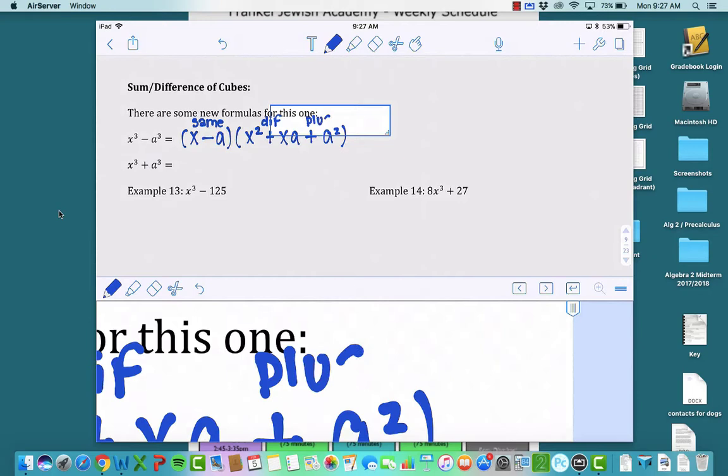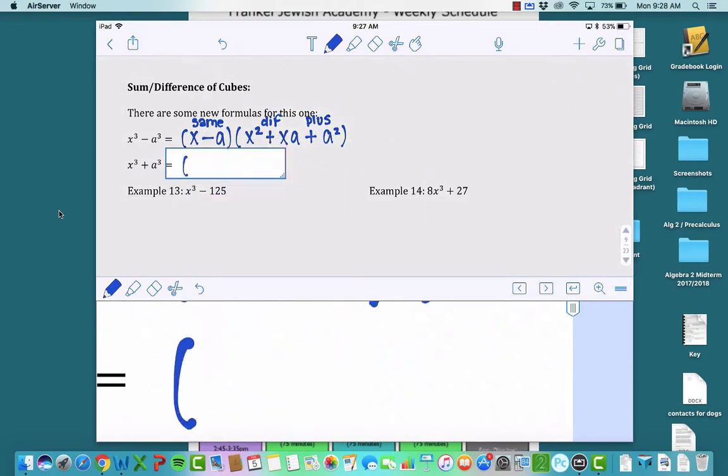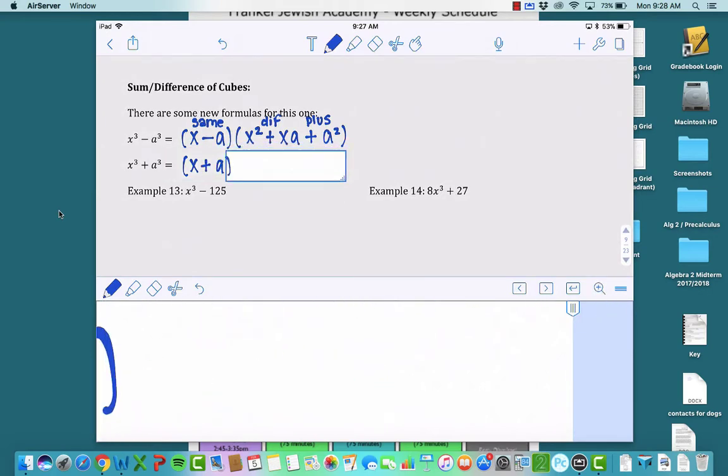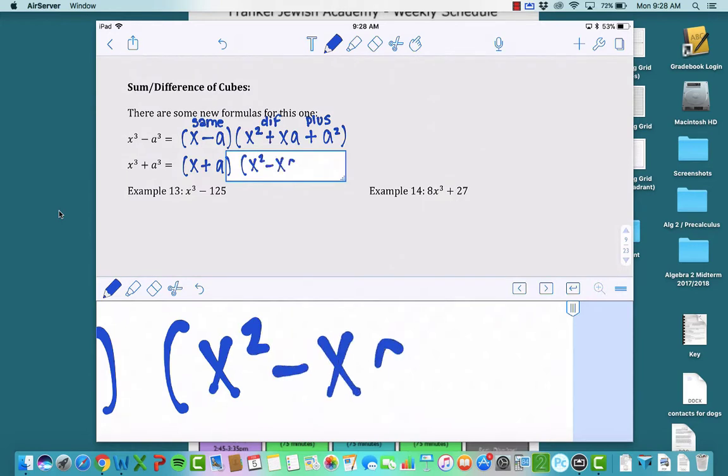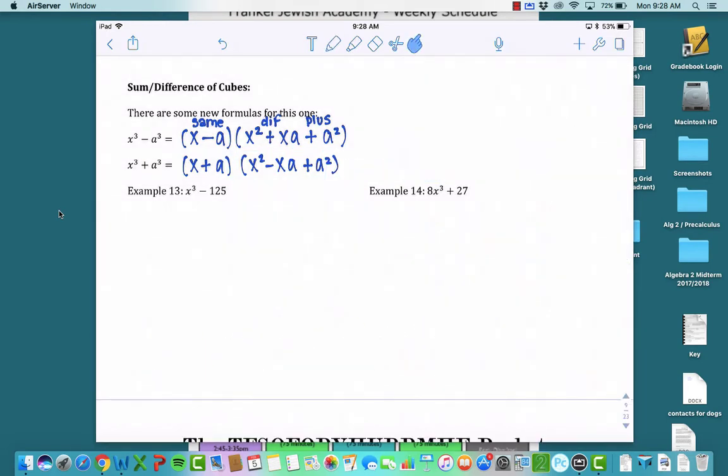And this does work for the other one too, because if we write it in the other formula, you have the same sign, x plus a, because it started as a plus, a different sign, x squared minus xa, and then plus a squared. That a squared is always added. So it's always the same sign, same, different, plus from the original sign used. So if I were to apply this formula,